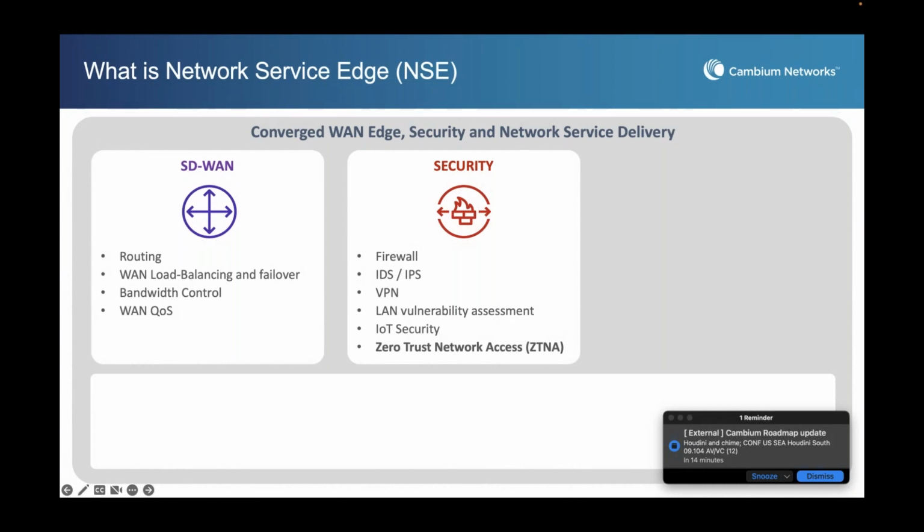So basically, there'll be a periodic scan to make sure that devices on the local area network are not vulnerable, or providing a security threat. And we will get into the details of what it does. And then we also have IoT security. As you know, there's a large proliferation of IoT devices, and getting visibility to these devices and assessing their security posture is critical. And in phase one, in the product that is shipping today, what we provide is IoT visibility. And we'll talk about that in just a moment, with more details.